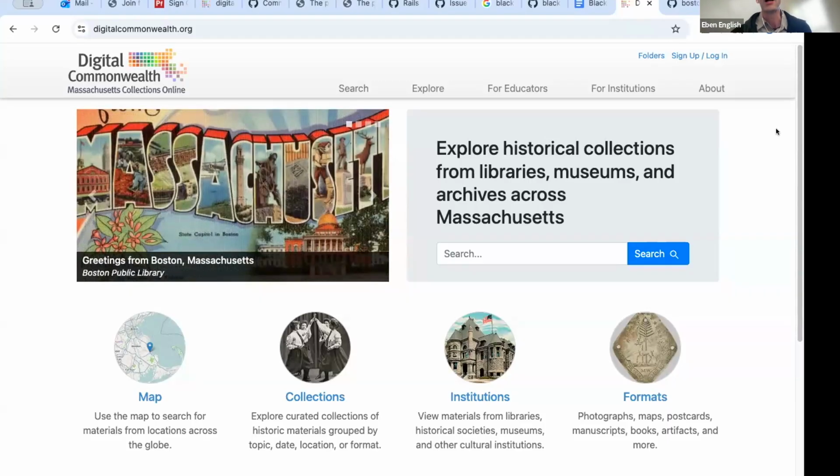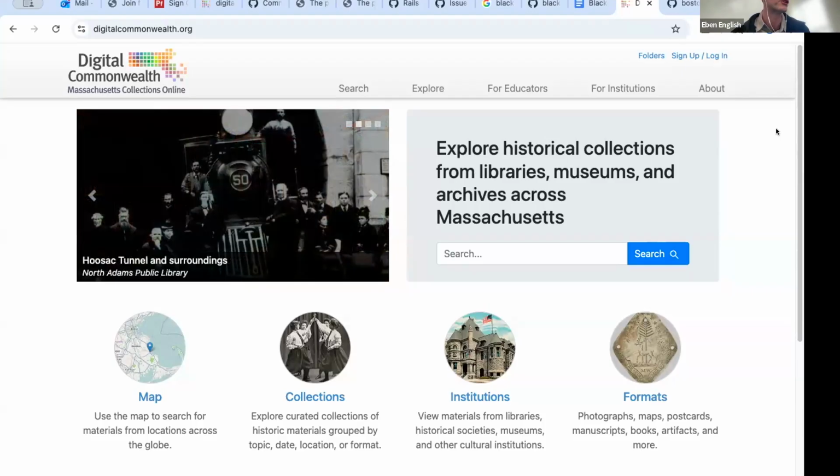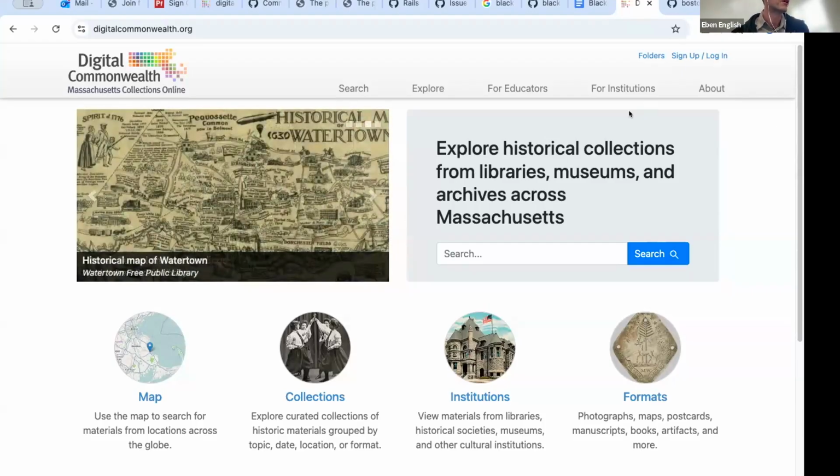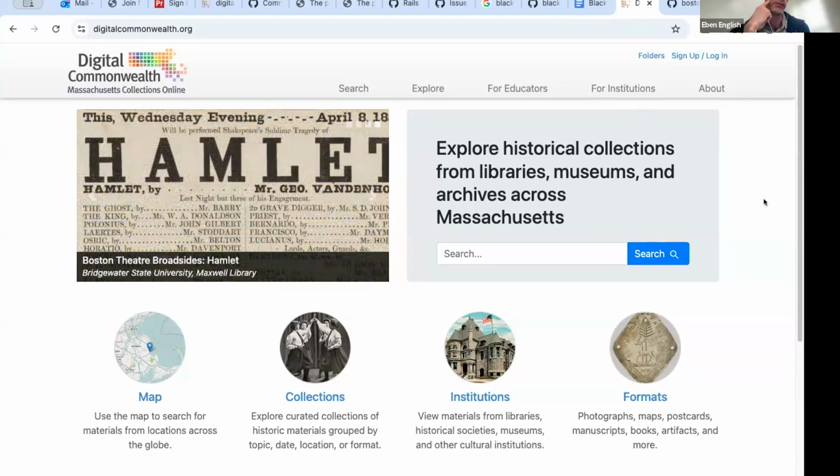So this isn't a library catalog. It's not like an OPAC. This is more of like a digital collections interface. Just to give you some background, if you're not familiar, we're a DPLA service hub, so we aggregate